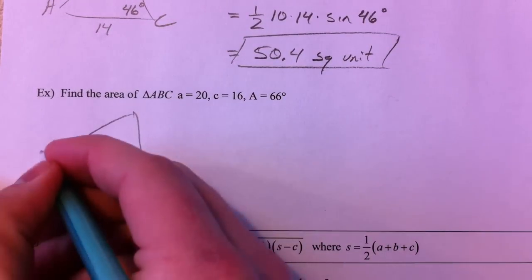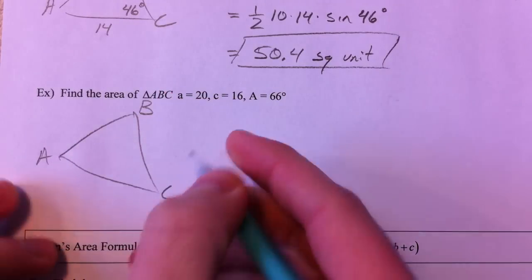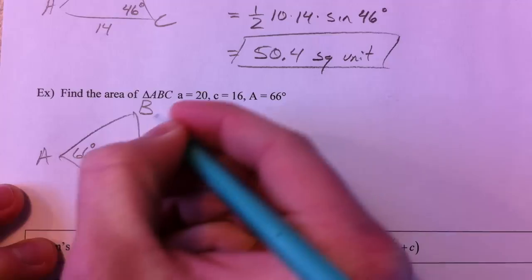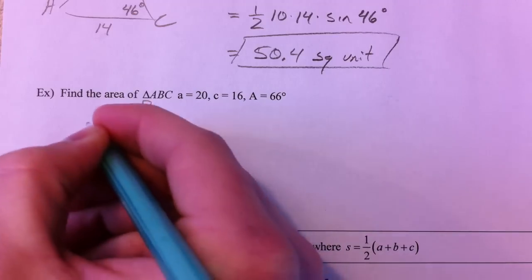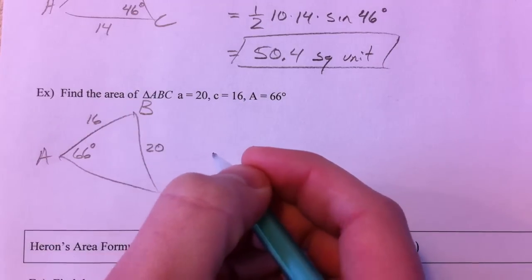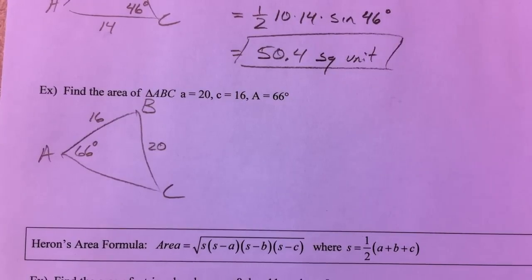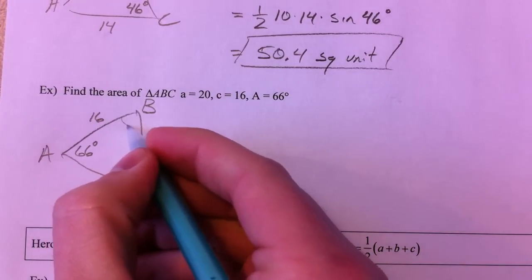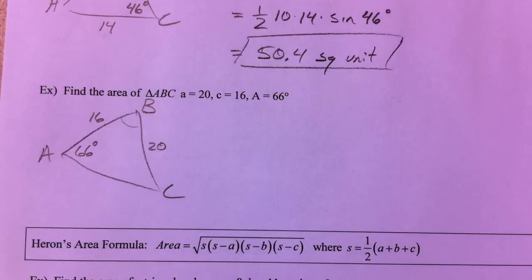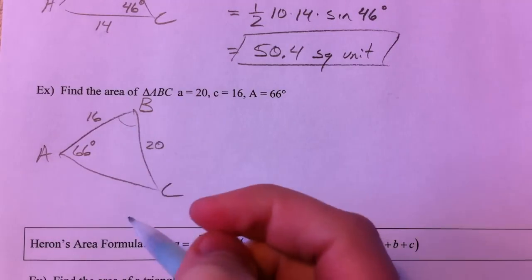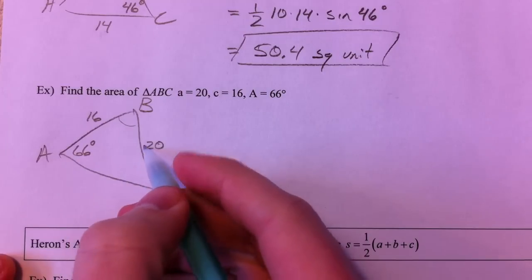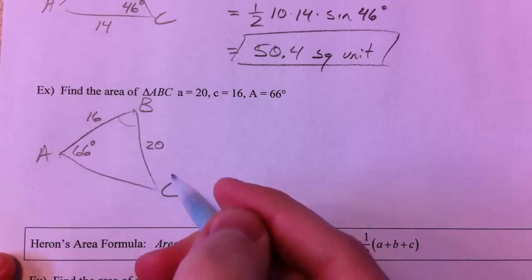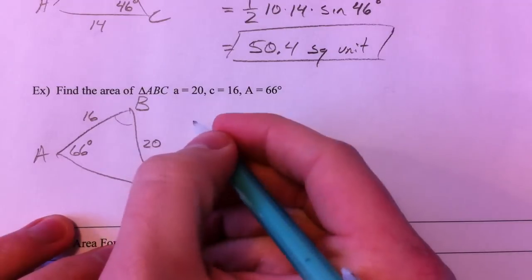Another one, triangle ABC. A is 66 degrees, side A is 20, and side C is 16. Now, the problem is that we have two sides, but we don't know the angle in between the two sides. And so you need to find that angle. And so we have law of sines that we could use to find angle C first, and that's what we're going to have to do. So angle C,